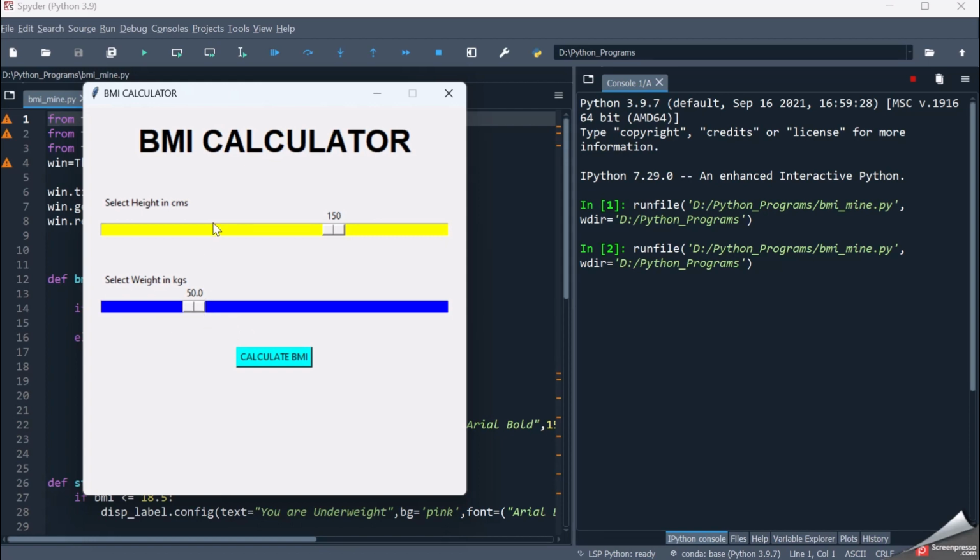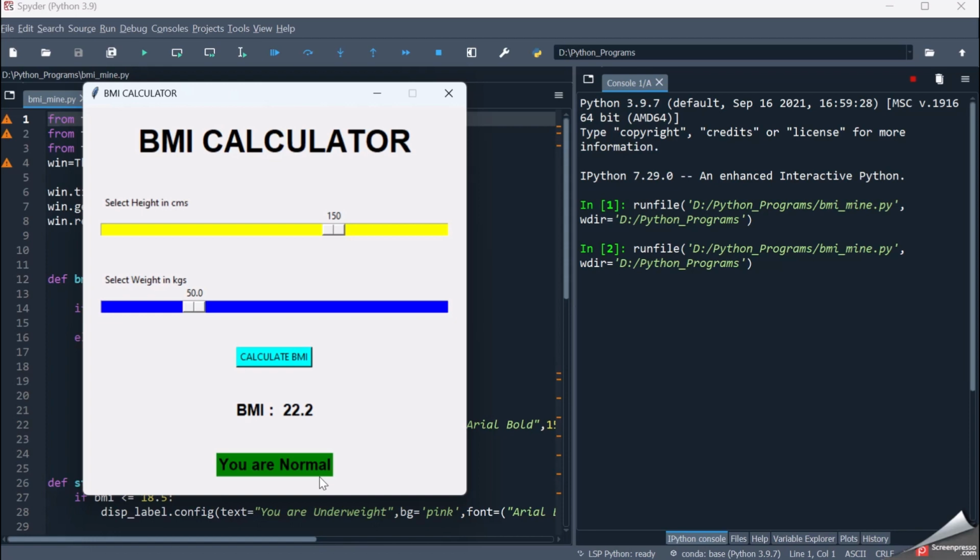So this centimeter gets converted into meters in the program, and 50 divided by that particular meter square will give the BMI. So when I click on the button Calculate BMI, it says your BMI is 22.2 and you are